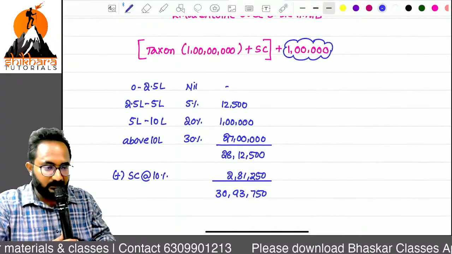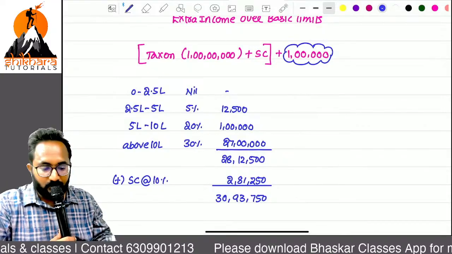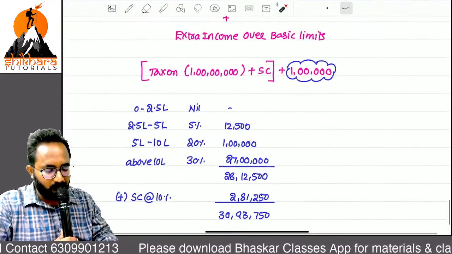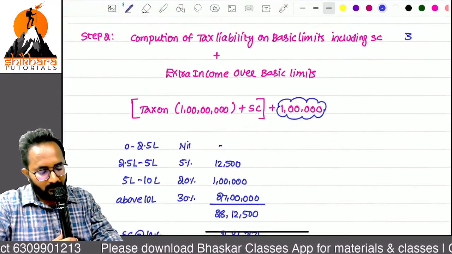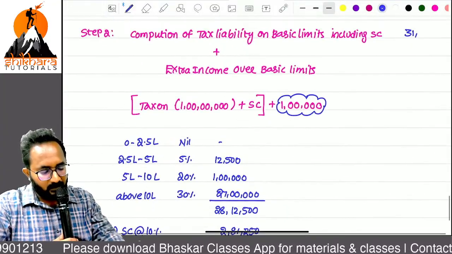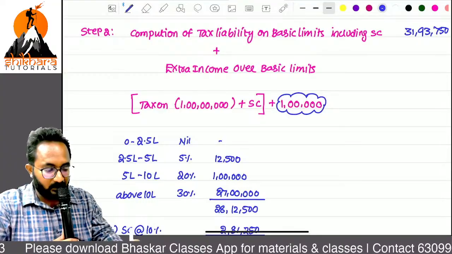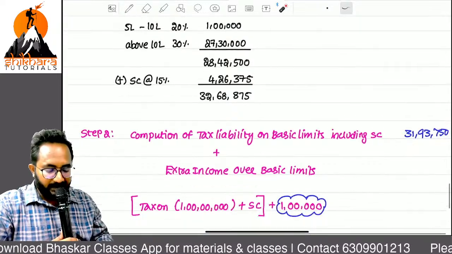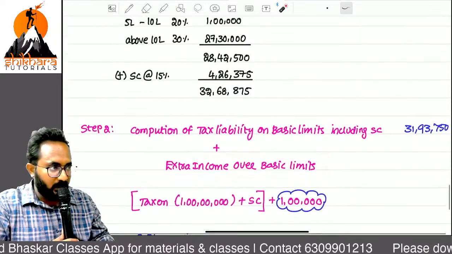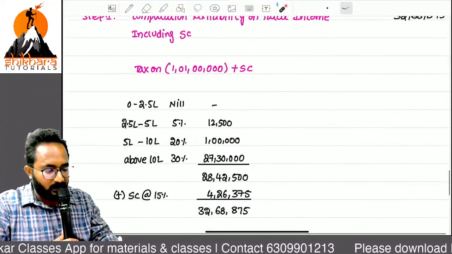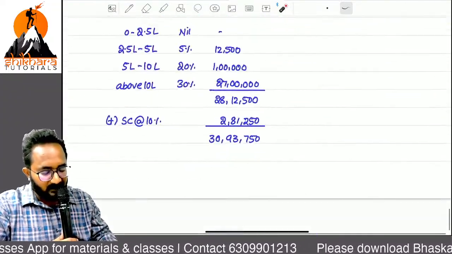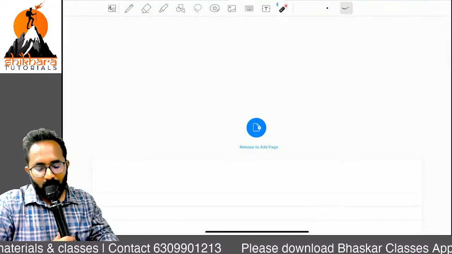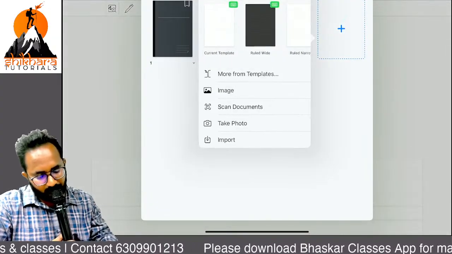And for this we have to add what? 1 lakh. So this thing you can forget directly in that exam. So automatically we got the tax liability, we need to substitute here, but you have to add the excess amount also. That means 31 lakh 93,750. Now, sir, I don't have the capacity to pay this amount only. The excess amount totally I am giving to you only. So this is my capacity. But you are asking for 32 lakh. That's why marginal relief is there or not? Yes, definitely. Here step 1 is more than step 2. You can get marginal relief. Clear?